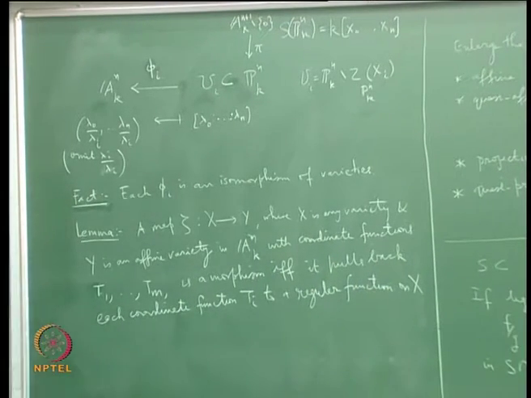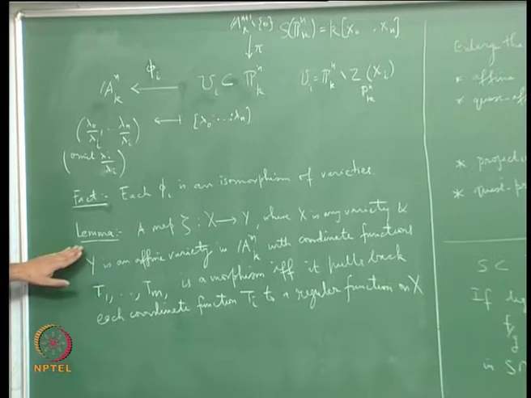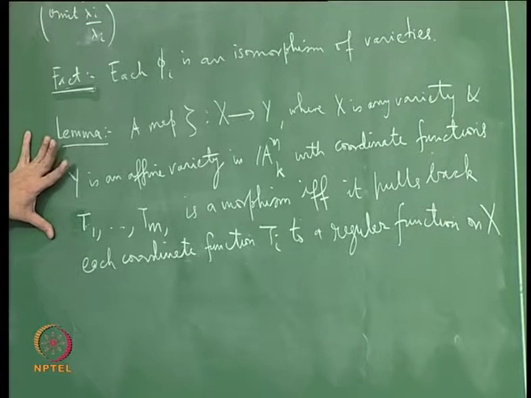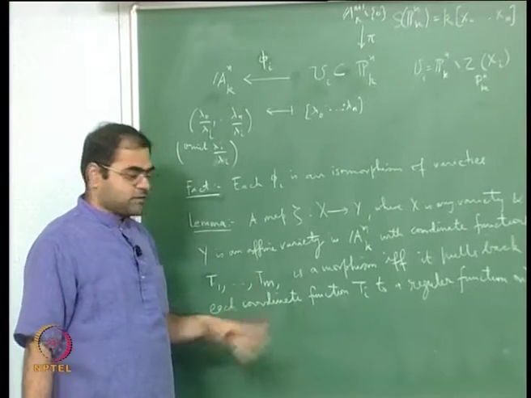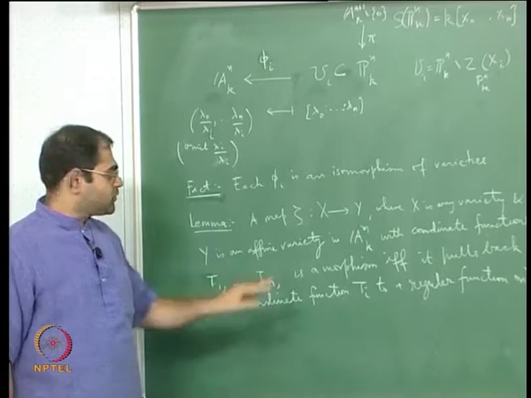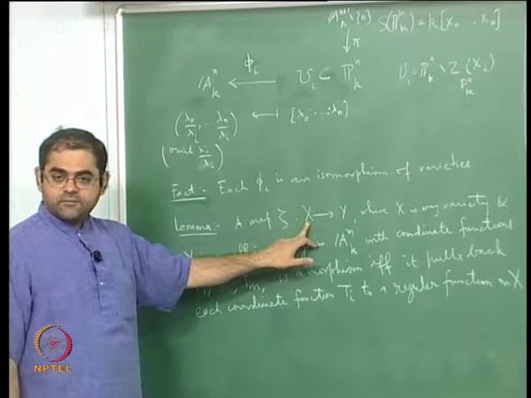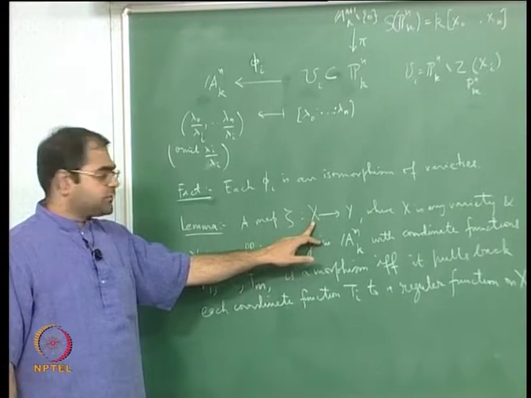Okay, so this is a fact that we have already seen. We saw this in the context of affine varieties or quasi-affine varieties, but you can go and check that the proof has got nothing to do with the source variety being affine or quasi-affine. It could very well have been projective or quasi-projective.